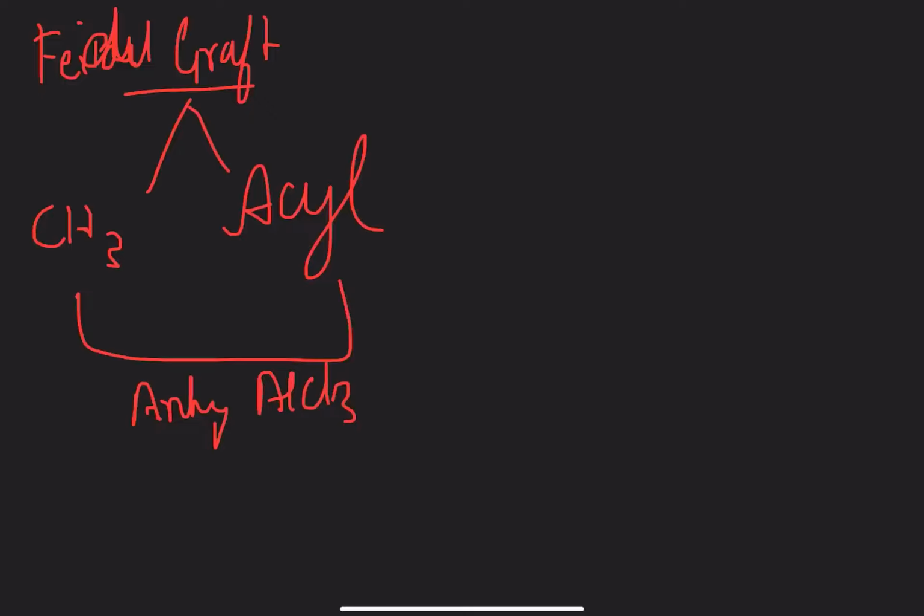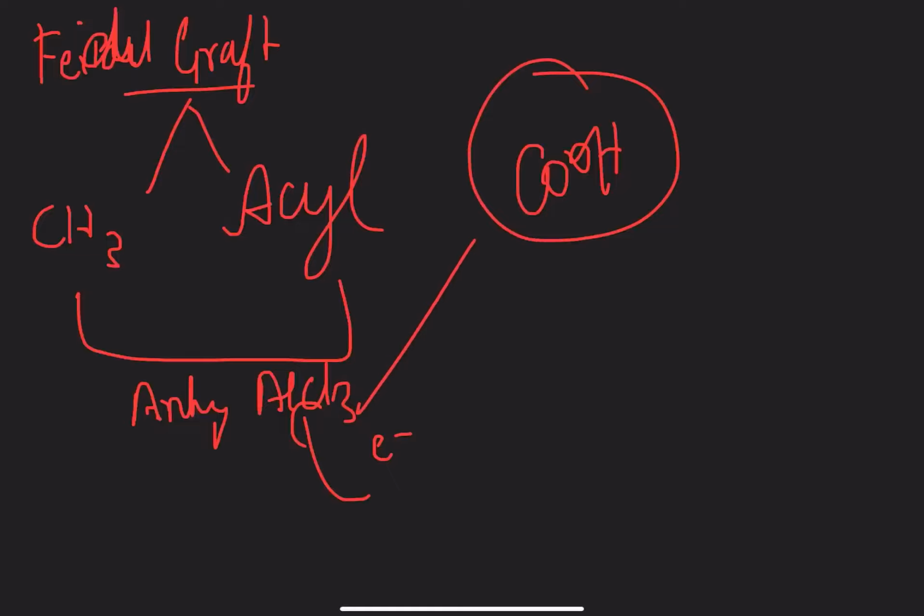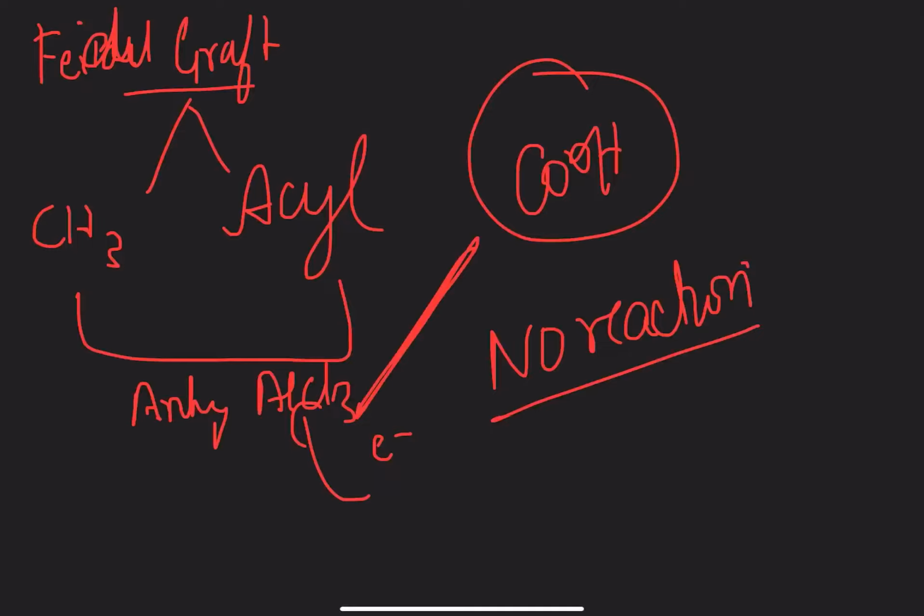Anhydrous aluminium chloride is a Lewis acid. We all know that from class 11th again, that anhydrous aluminium chloride is a Lewis acid. That means it is an electron acceptor. It accepts electrons. Okay, because it is an electron acceptor and carbonyl group, there is a reason in the carbonyl group, they get bonded. Okay, the anhydrous AlCl3 and the carbonyl group, they get bonded, and hence if a bond is formed between these two, there will be no reaction which will occur in the carboxylic acid.